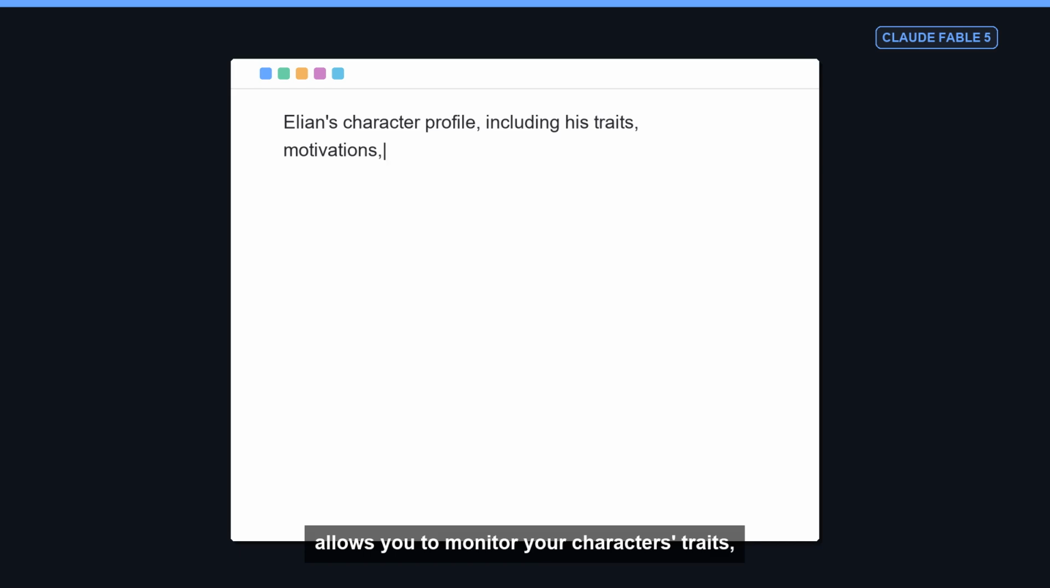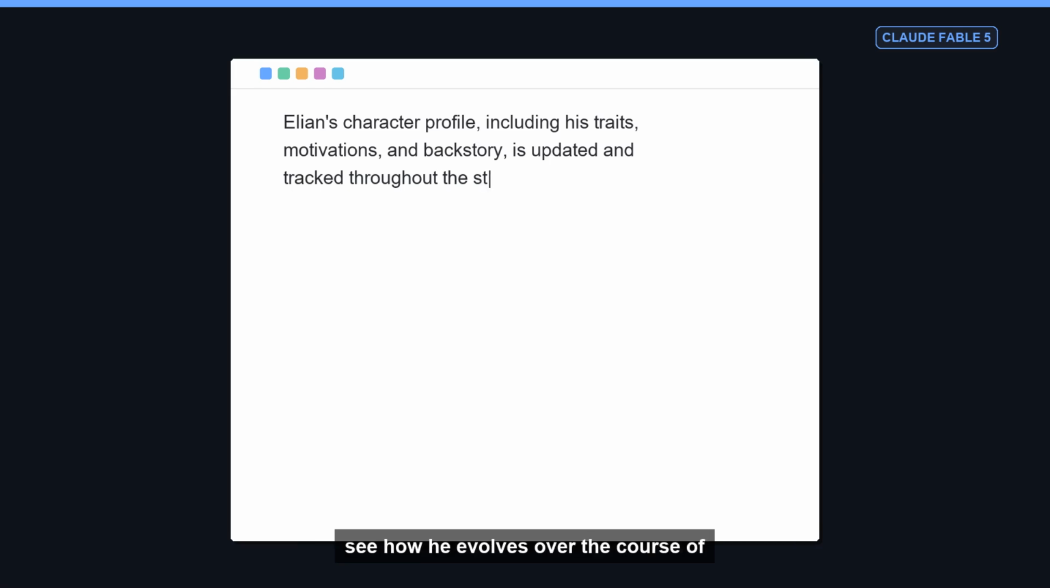As you write your story, it's crucial to track your character's development and growth. Claude Fable 5's character tracking feature allows you to monitor your character's traits, motivations, and backstory, ensuring consistency throughout your novel. Let's use this feature to track Elian's character development and see how he evolves over the course of the